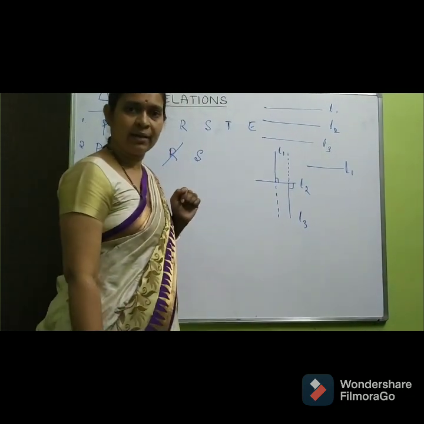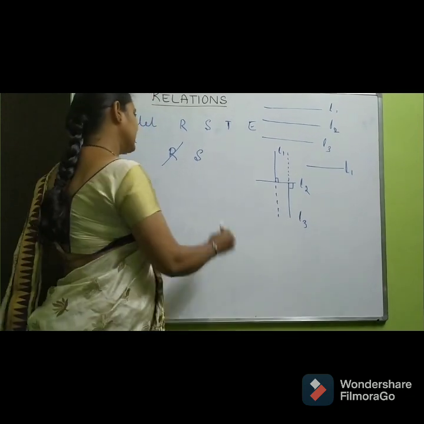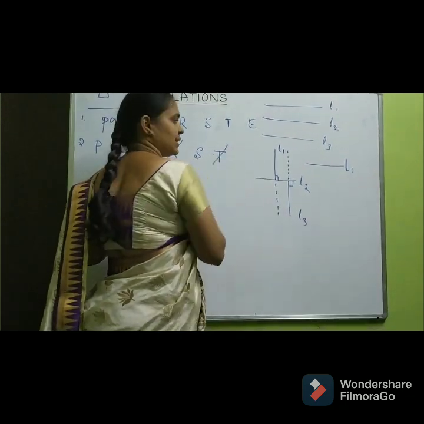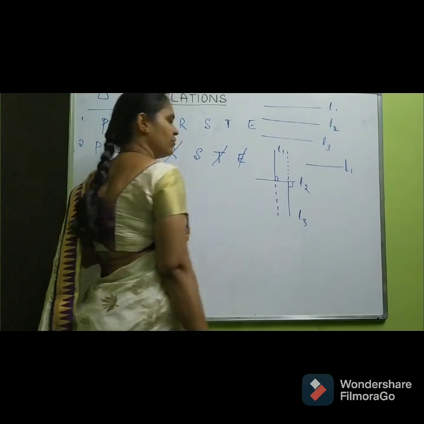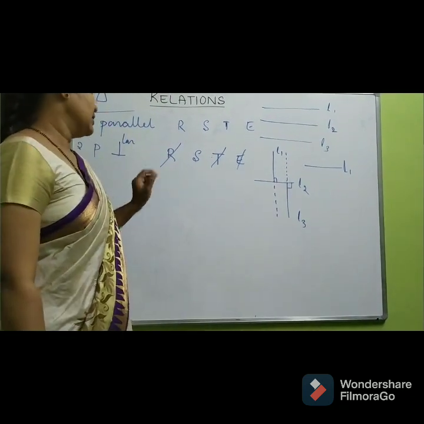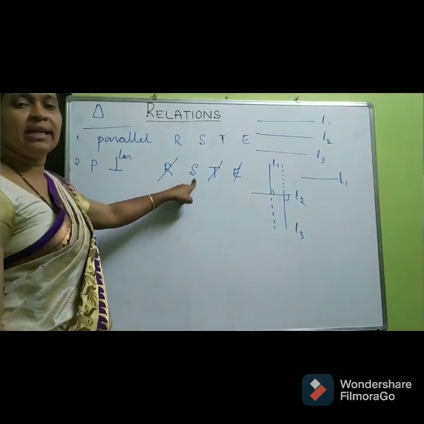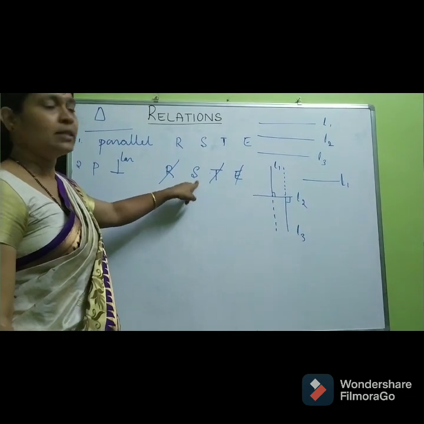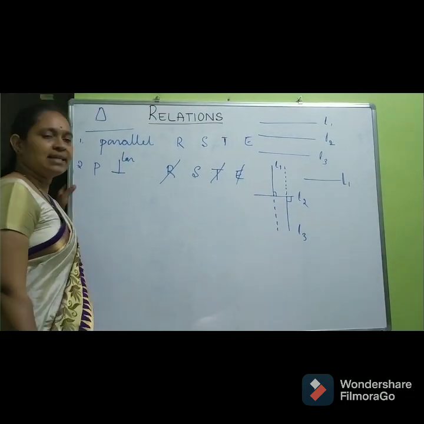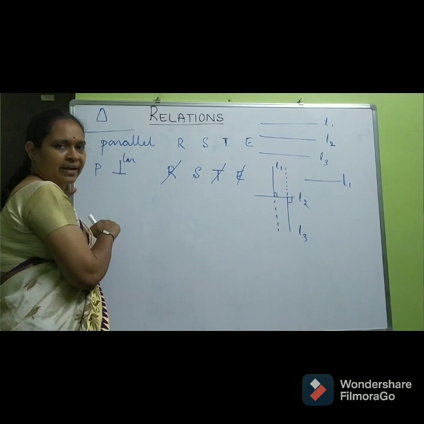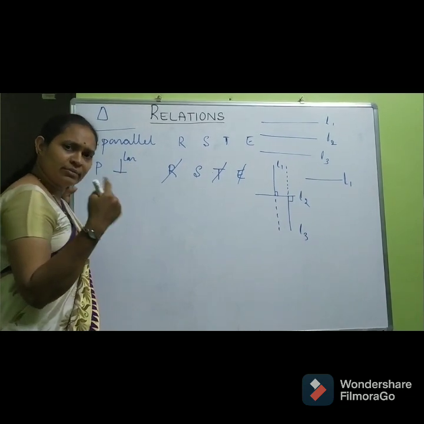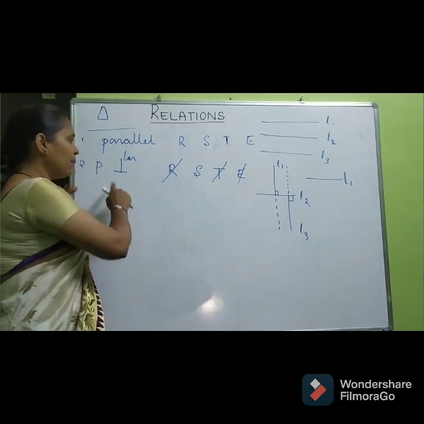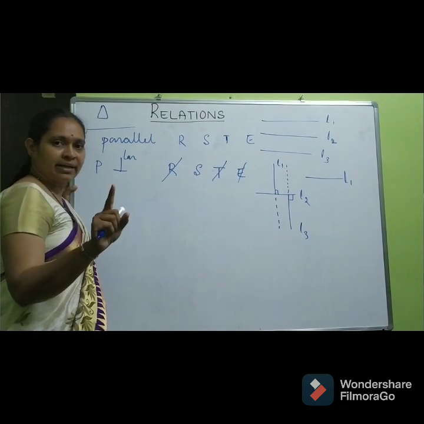They look parallel. That means they are not perpendicular. Therefore, it is not transitive, and therefore it is not an equivalence relation. The perpendicular relation is only symmetric. So, if straight lines are given, they will ask about parallel and perpendicular. Parallel means reflexive, symmetric, transitive, equivalence. Perpendicular means only symmetric.